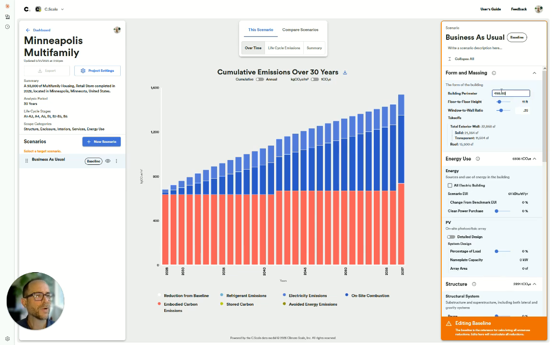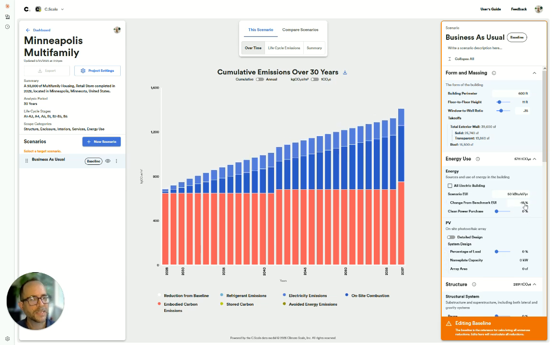You may have done a quick Rhino model or something and know the building perimeter is actually more long and skinny. You might even know, based on previous projects, that the baseline EUI, a typical EUI for housing in Minneapolis, is 50, say. Okay, so that's lower than the benchmark. So at this point, you really have set up a basic project settings baseline that more closely matches your actual